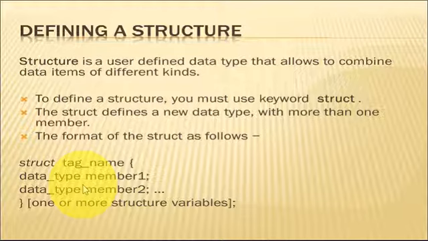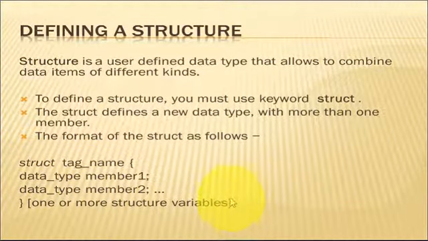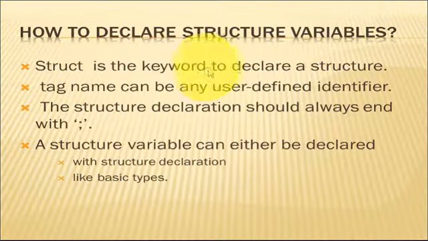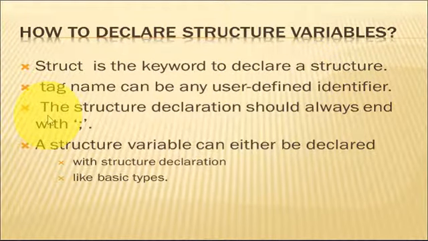For example, in the previous example we discussed the name of the students and the phone number of the students. For collecting the name of the students, a character name. For collecting the phone number, an integer. So these two data members are within a single composite. At the end, we have to use the semicolon. So struct is the keyword we use for declaring a structure, and the tag name is the user-defined identifier. At last we have to use the semicolon.